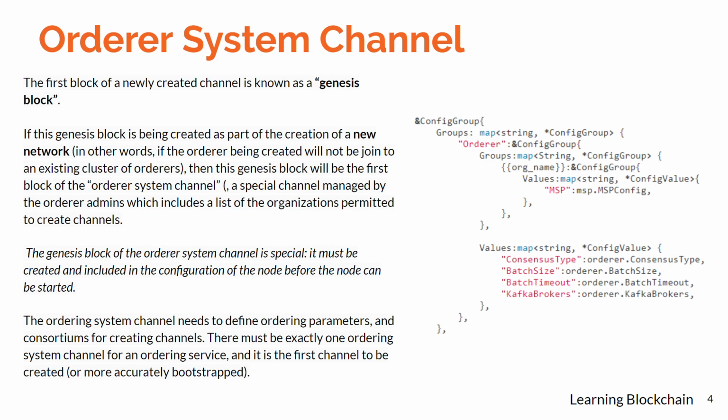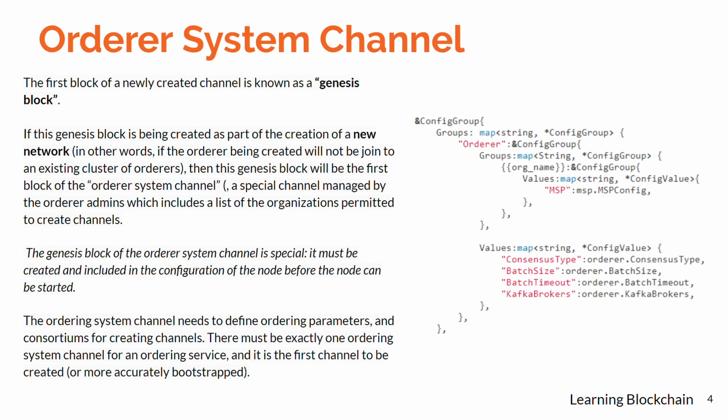As I have told, there is a system channel MSP. So the first thing, whenever the network is bootstrapped, the first channel which is created is called the orderer system channel. Whenever it is created, another thing we need to know is that whenever the first block is created, it is known as the Genesis block. And if this Genesis block is being created as a part of the creation of a new network, meaning the first time the network is being created, then this orderer system channel gets created the first time, with the Genesis block. In other words, if the orderer being created